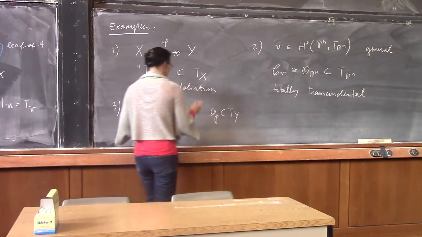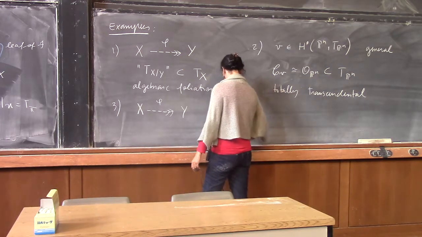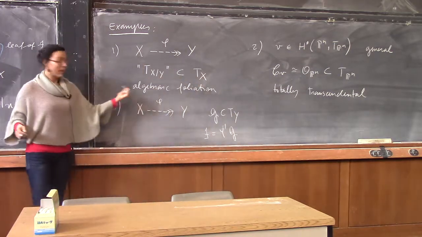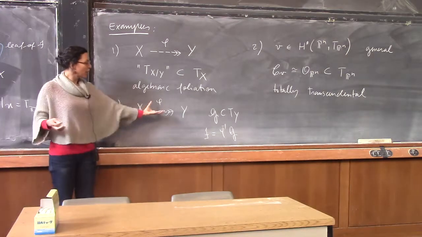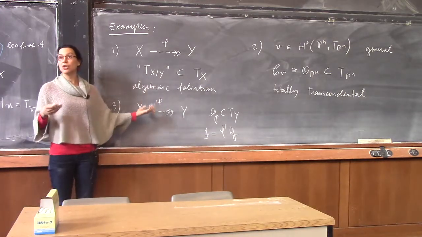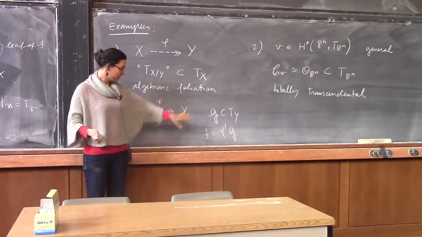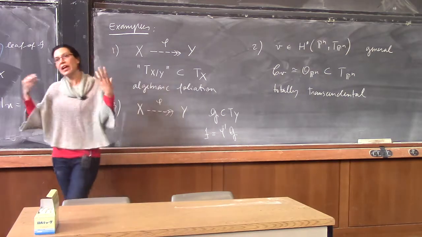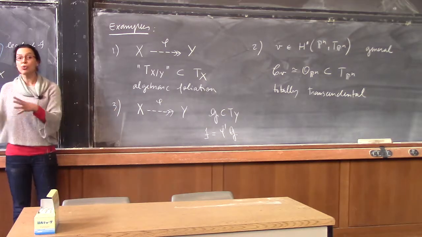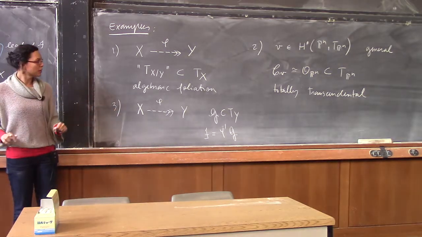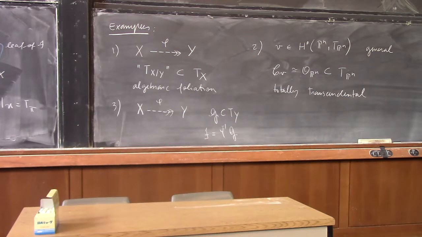And you can define a foliation F to be what we call the pullback of G. So this is just the inverse image by the differential of G. So in this case we would have an algebraic part which comes from the rational map and a totally transcendental part coming from this foliation on Y. In general, given any foliation, you can construct a map of this type, separating the algebraic part from the totally transcendental part. So these are some examples, and now maybe I want to define